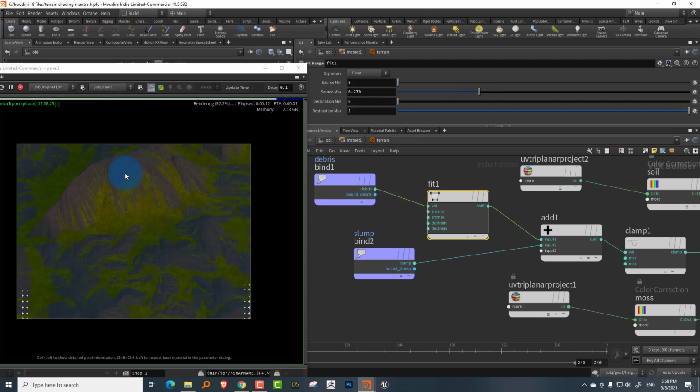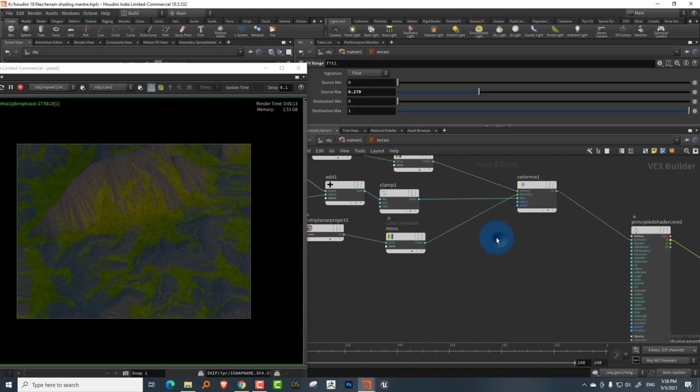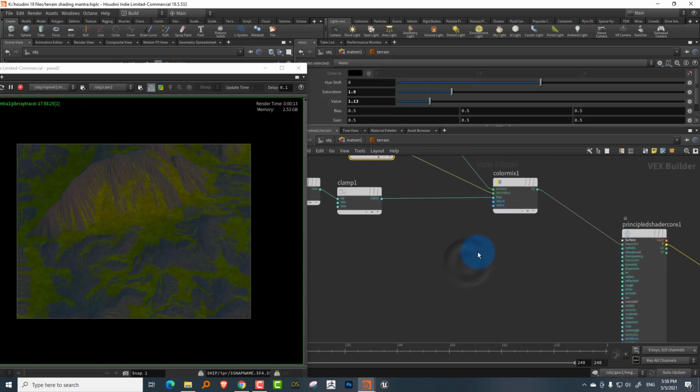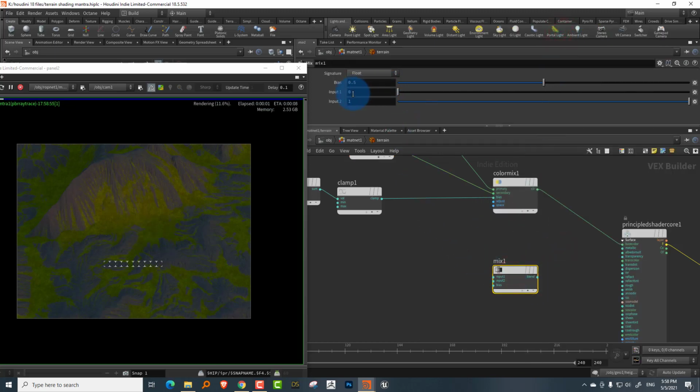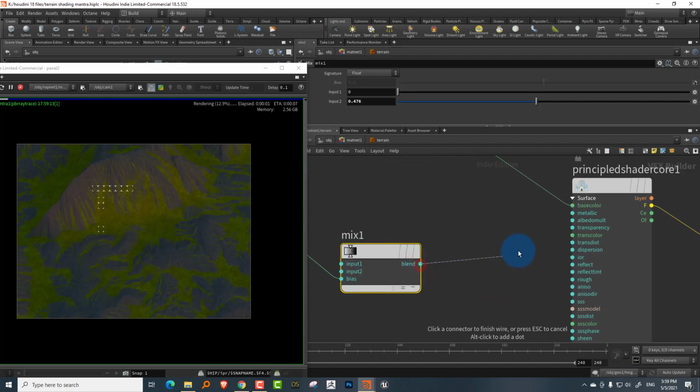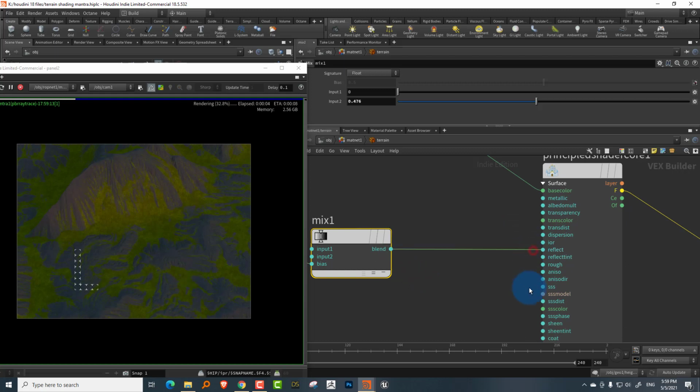Now along with this, let's say I want the moss to be slightly shiny, so I can do that as well. I want to control the reflectivity, so I can take another mix node, and let's say the rock area will be 0 and the moss area will be, let's say, 0.5. Then I can just take the same mask over here, put it into bias, and plug this into the reflect. See, there you go. So the moss is shiny and the rocks remain dark.